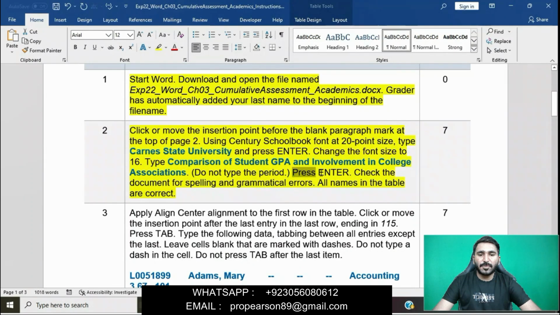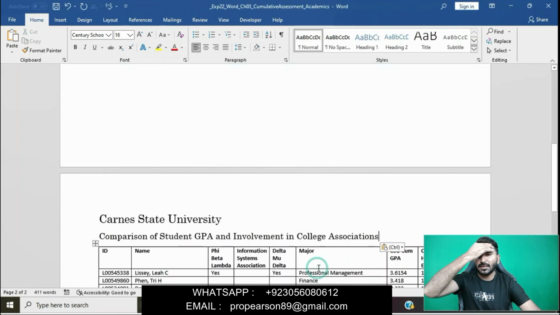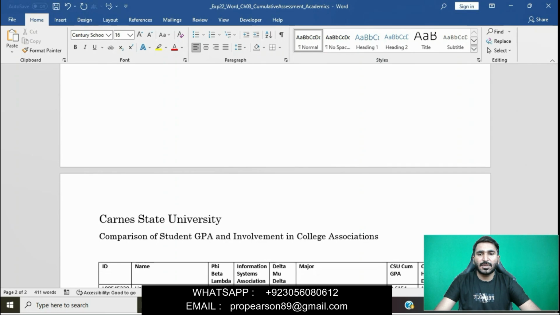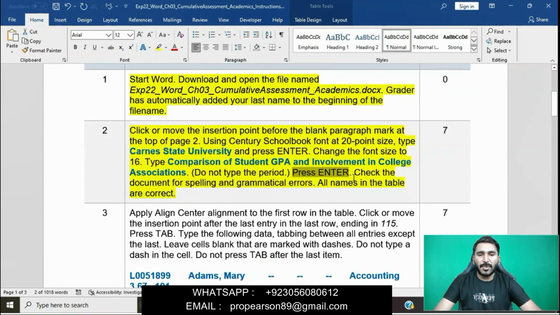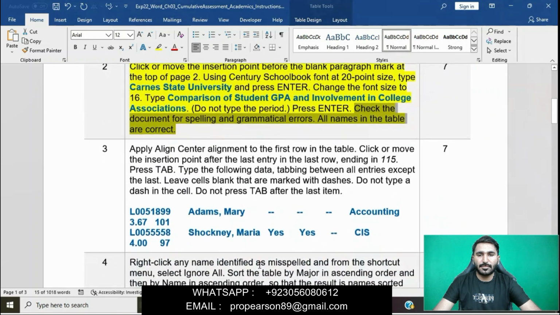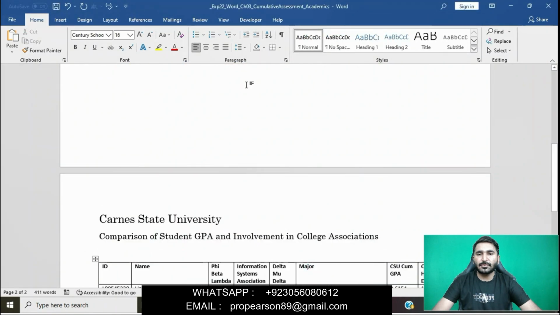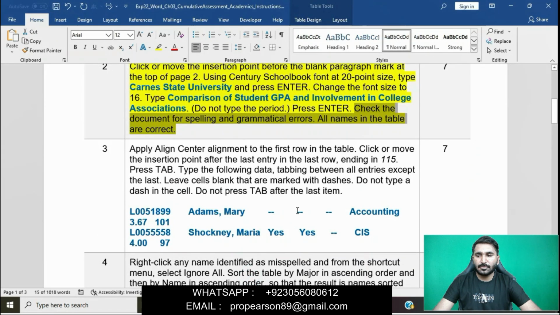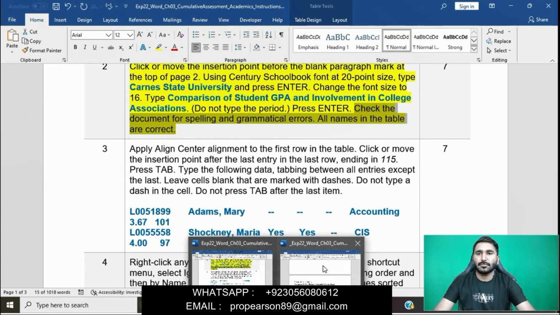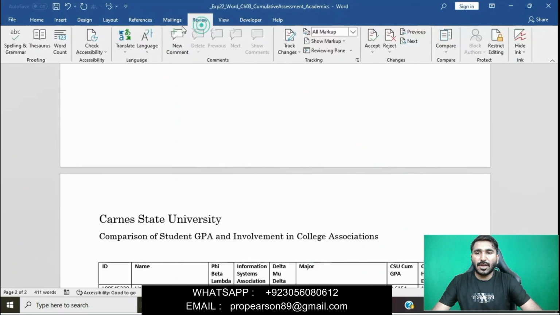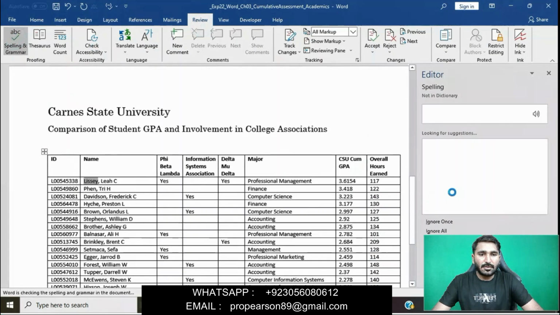Check the document for spelling and grammatical errors. All names in this table are correct. Then we will press enter, and then we will go to the Review tab for spelling and grammar.